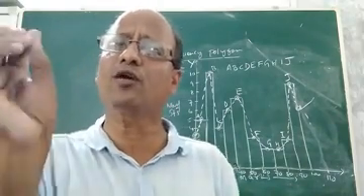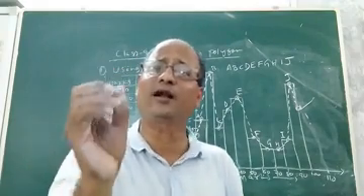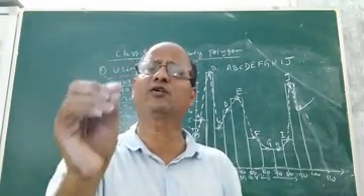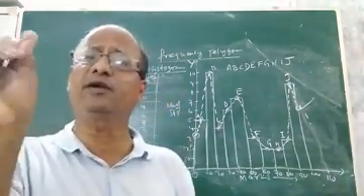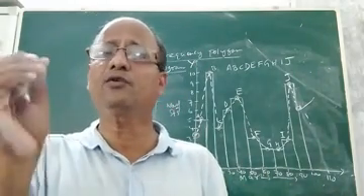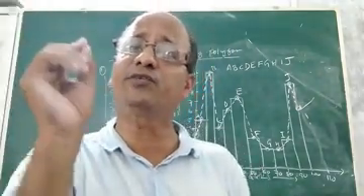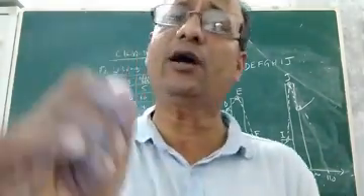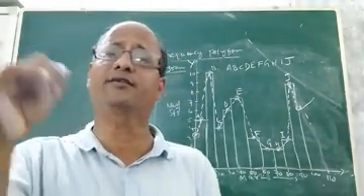Children, I hope you understood and got some idea of frequency polygon. A frequency polygon is a graphical method of representing data in which we join the midpoints of the class intervals, or the bars or rectangles present in the histogram, in order to get a closed curve, and that closed curve is a frequency polygon. I hope you understood what a frequency polygon is and how it is constructed using histogram. In another class we shall discuss how to construct a frequency polygon without using histogram.